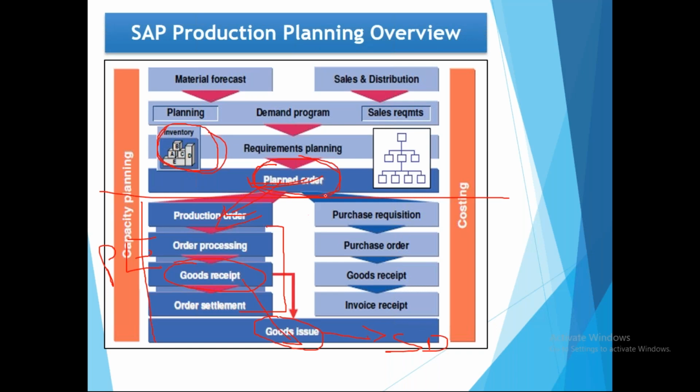At the same time, when you run MRP, if it is a procured part, a raw material, to do production you need some raw materials. For those raw materials, if there is no stock, the system will generate a purchase requisition. This purchase requisition is converted to a purchase order, and then this purchase order is given to the vendors, the suppliers. We are talking about raw materials, and the vendor will supply the material, you receive the material, and this material will be used in the production.